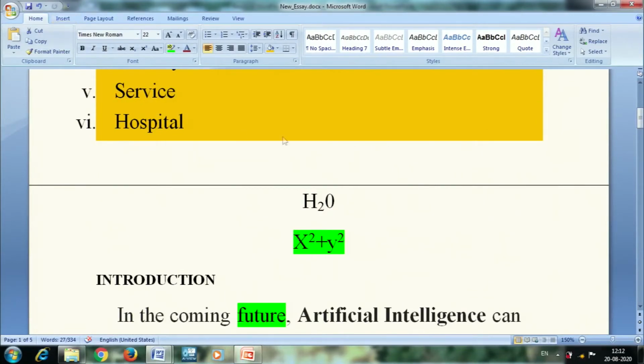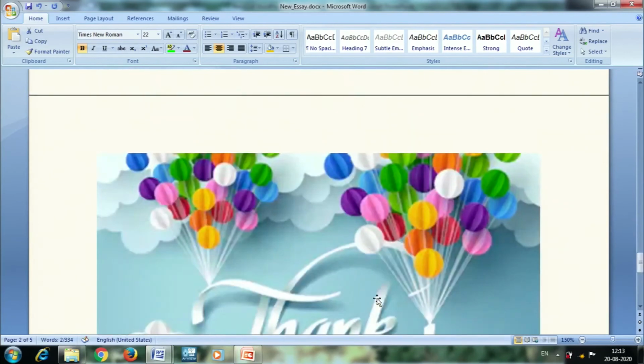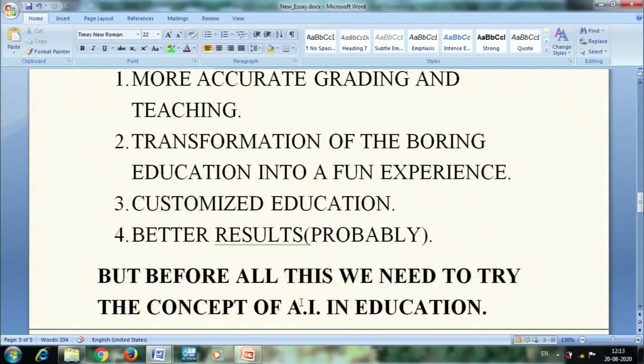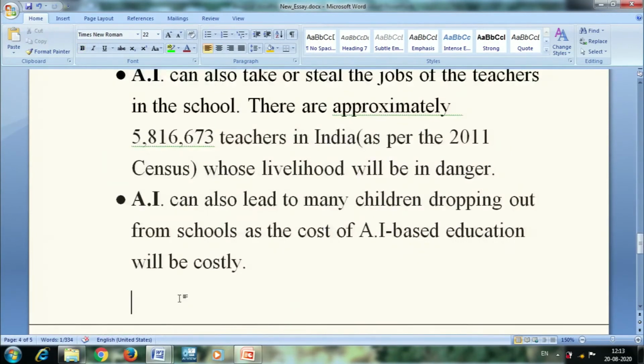This is a simple word processing software where we discussed how to do the basic formatting, and now we want to copy this content. Suppose I want to place this word, artificial intelligence, in some other place. I can select the text and click the copy option. Once I have clicked copy, I can move to any place and use the paste option. I guess my content is not copied. I will do it again. So, here I am clicking paste, so my content will be placed.